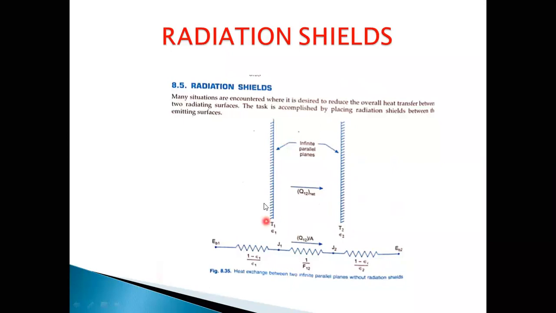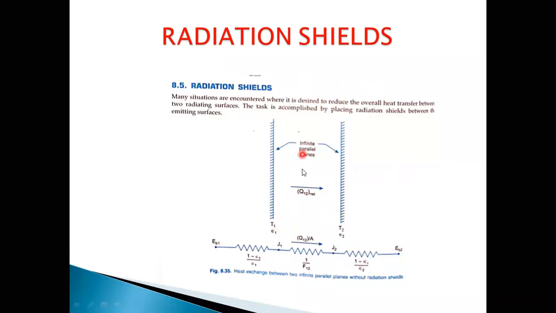This radiation heat transfer in terms of electrical analogy will be shown like this. This is what we already discussed, where the first one and the last one are the two surface resistances, and the middle one is nothing but your shape factor resistance. Assume the areas A1, A2 are the same for the plates. Epsilon 1, epsilon 2 are the emissivities of both surfaces 1 and 2. T1 and T2 are temperatures.